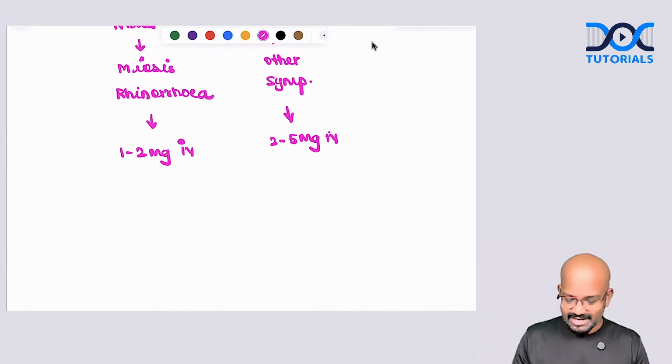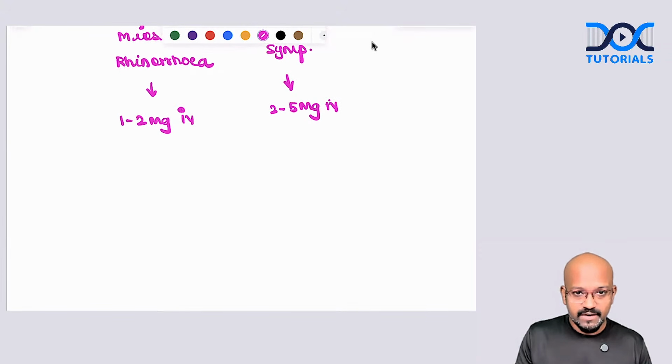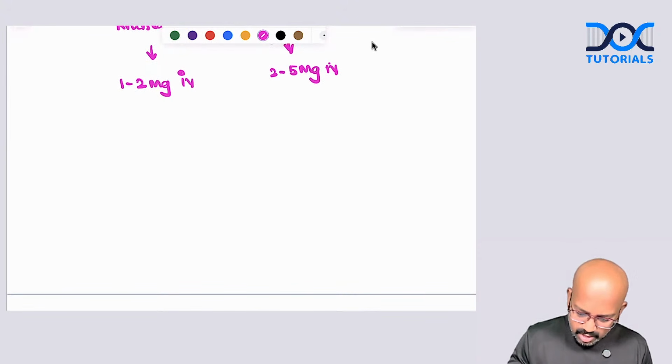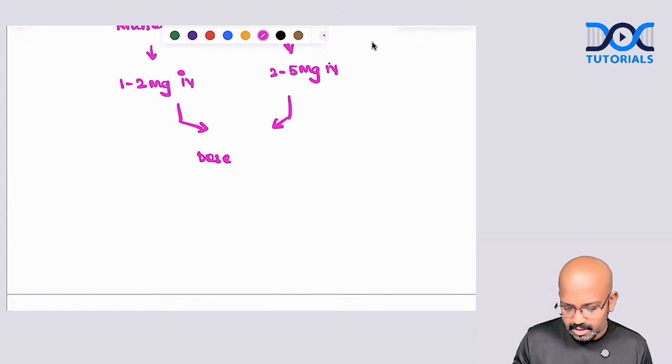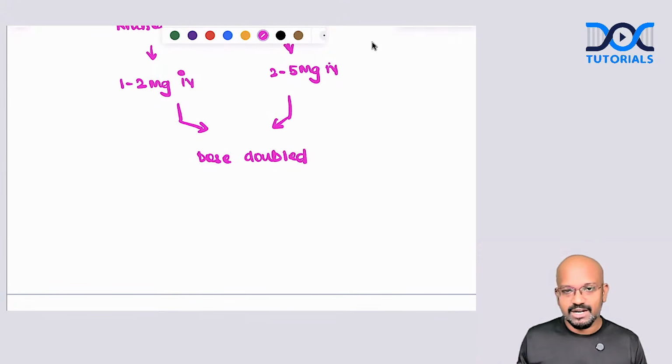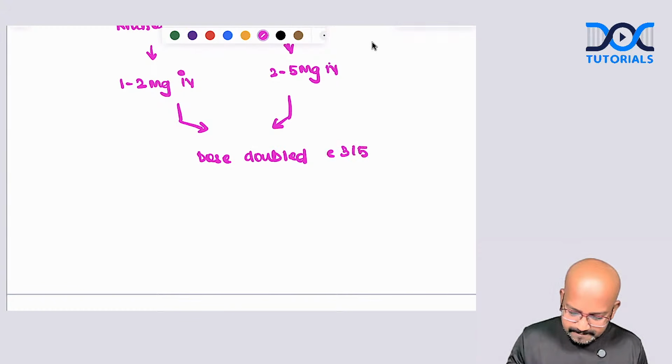Now, this is the dose of atropine to be given for mild and also for moderate to severe OP poisoning. Now, how frequently do we have to administer it? The dose has to be doubled. Remember, as I've told, you just need to write down this whole flowchart. That's it. No one will be asking you any questions from that. That's going to fetch you the maximum marks, because most of the students who are following that have secured multiple different marks in their exams. Dose is doubled every 3 to 5 minutes.